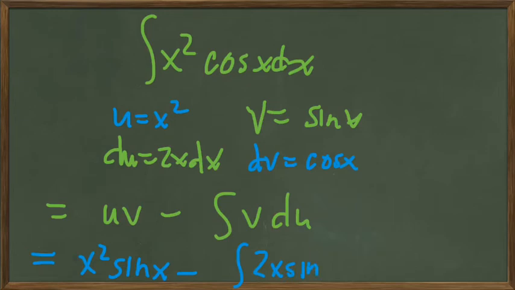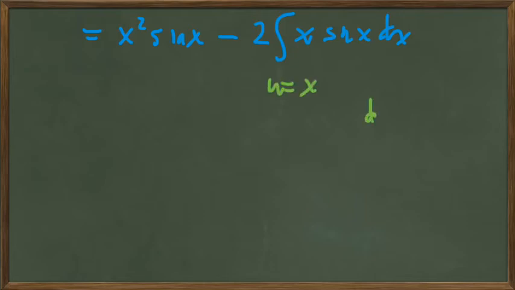sine x dx. Now we've got an integral that still has a product under it. So we haven't, on the first step, gotten an integral that we can do, but we're able to apply the parts formula again. So x squared sine x, bring the 2 out front, x sine x is the integral we're trying to resolve, and we just set up parts again. u is x, dv is sine x, du is dx,